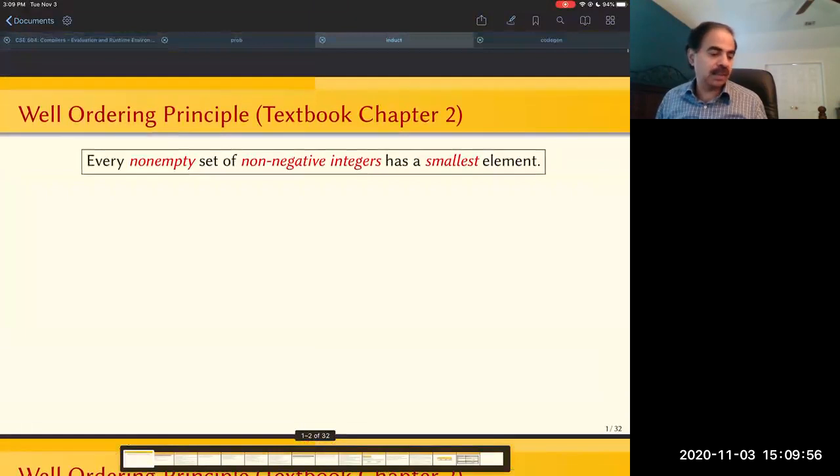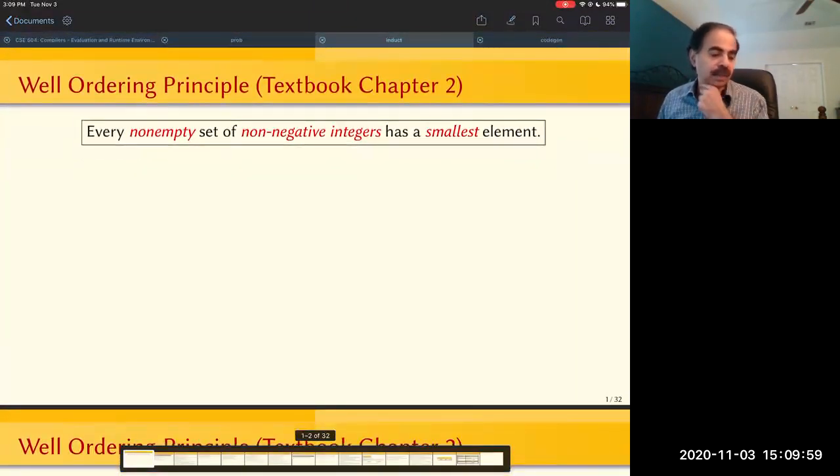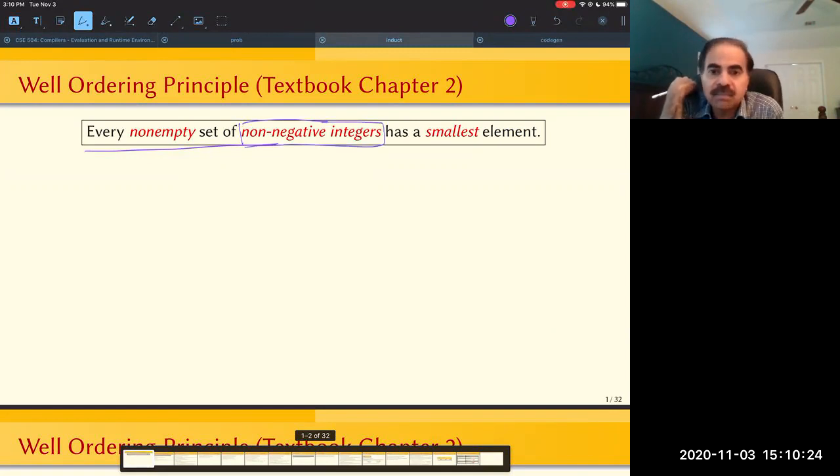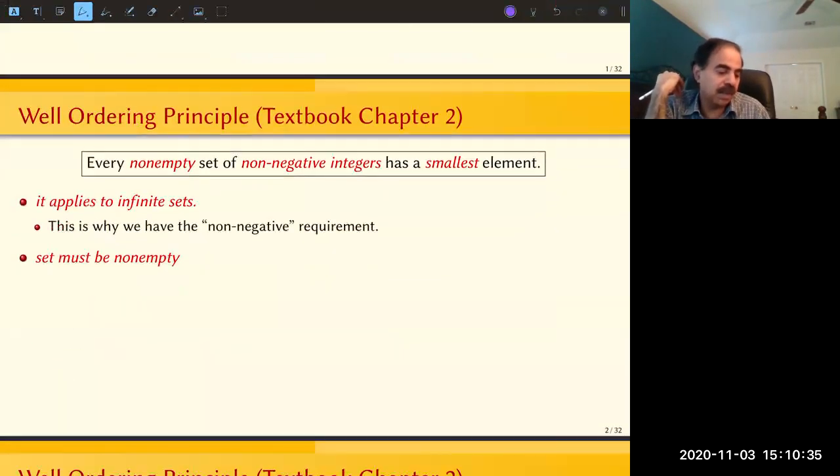So we start with what is called the well-ordering principle. And this principle looks deceptively simple. Right? Every non-empty set of non-negative integers, right, has a smallest element. So for instance, the set of natural numbers or any subset of natural numbers has a smallest element. Okay. Now that may not seem profound,